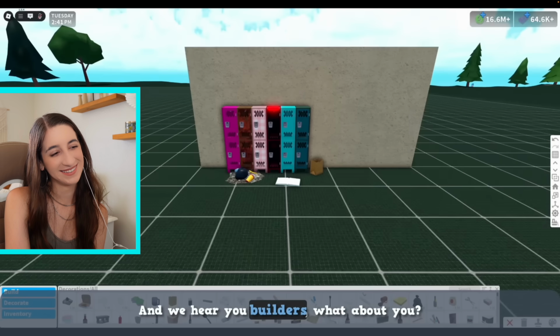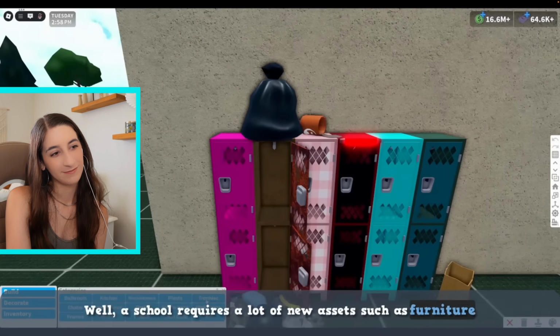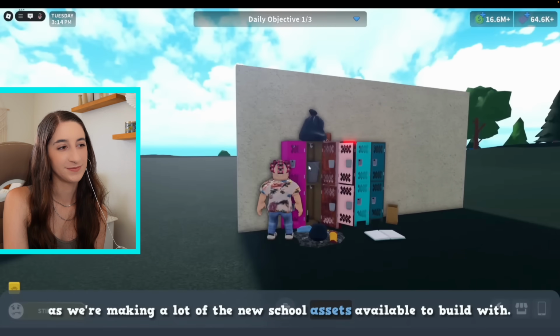And we hear you, builders. What about you? Well, a school requires a lot of new assets such as furniture. This means that you'll be spoiled with a lot of new items in build mode, as we're making a lot of the new school assets available to build